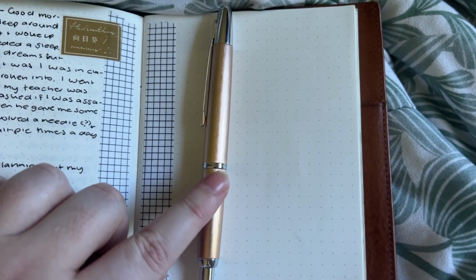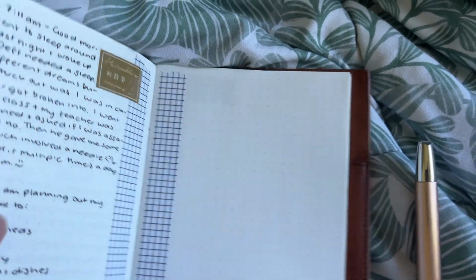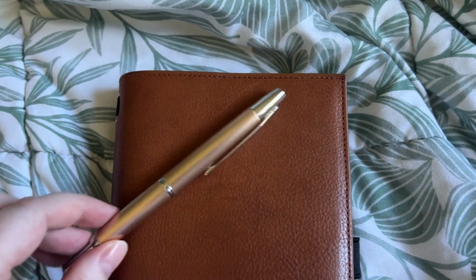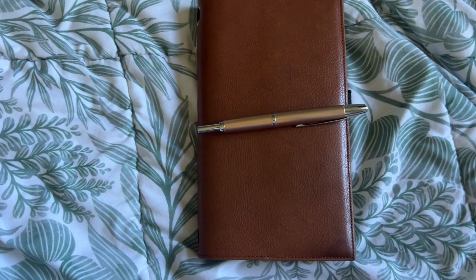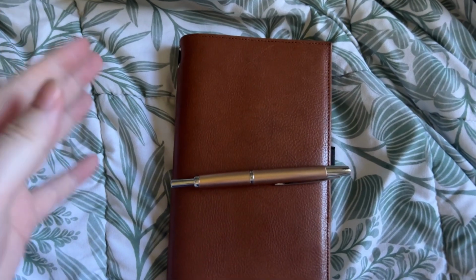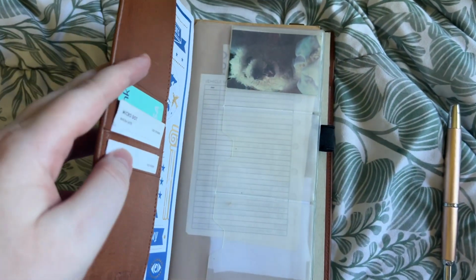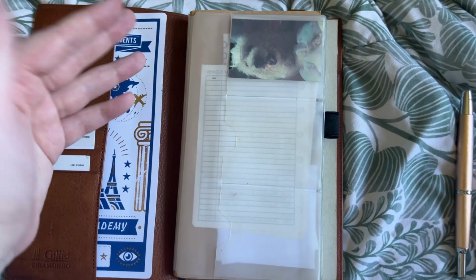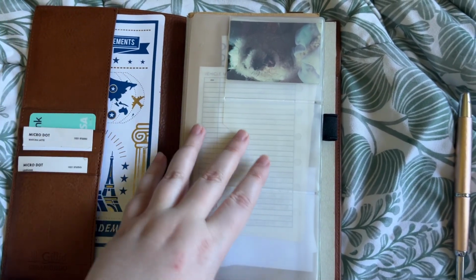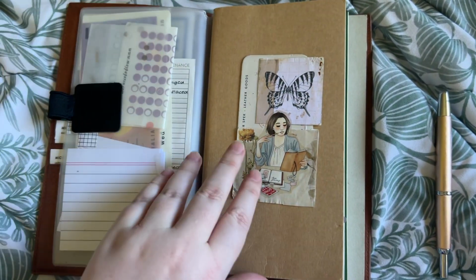I was just very disappointed in what color this ended up being, but with that being said, I'm still keeping it. So yeah, that's pretty much my setup. That's everything. I find it really funny that I've ended up going into one system, and I am eventually going to have a separate memory keeper, but it might end up being just a traveler's size notebook that I can put, when I archive the year, if I finish a whole insert in a year. But I just really like the separation